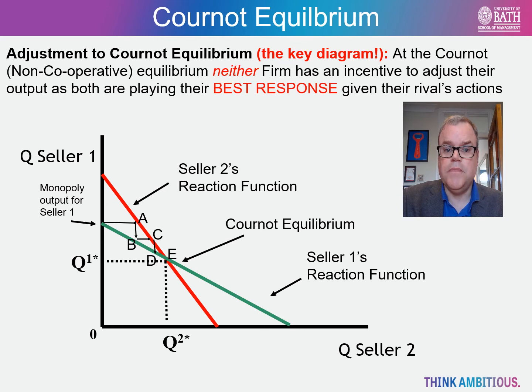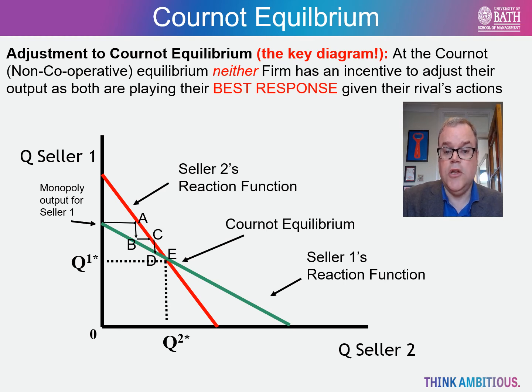In response, seller 1 will now reduce his output slightly to accommodate this and move to point B on his own reaction function. Again, in response, seller 2 will increase his own output to point C. And seller 1 responds by further reducing his own output on his own reaction function to point D. This carries on until we get to point E and the Cournot equilibrium, where the two firms, in our case